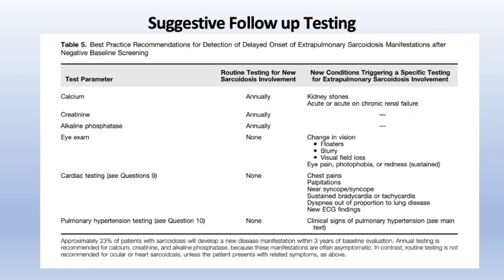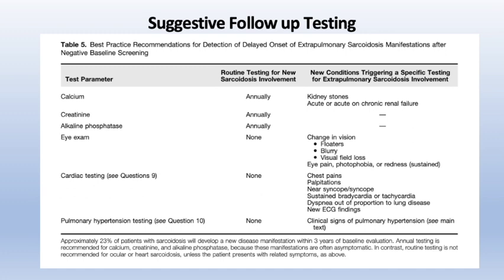One very good table that the guideline gives us is one of follow-up testing, and this is very important because once you diagnose the patient, there are high chances of relapse after stopping the immunosuppression. So one of the tests that is very recommended is serum calcium levels. It's recommended that you should do serum calcium levels every year, and if the patient develops kidney stones or a new onset renal failure, you must look at it more closely, and you may need a liaison with your nephrologist there. Also, annual creatinine levels must be done in your patients.